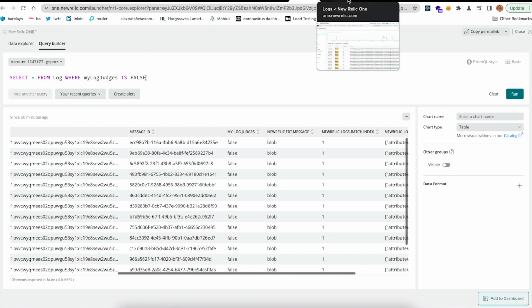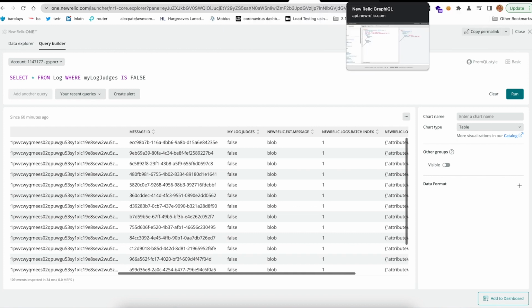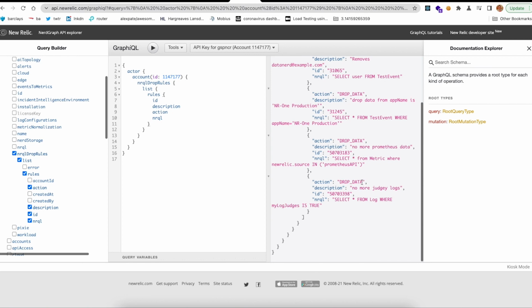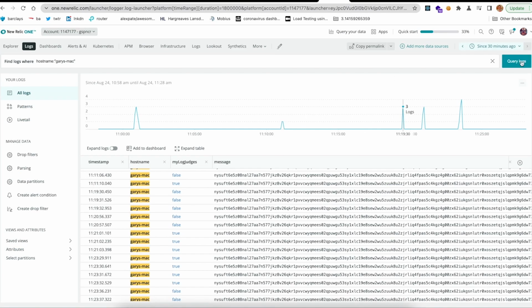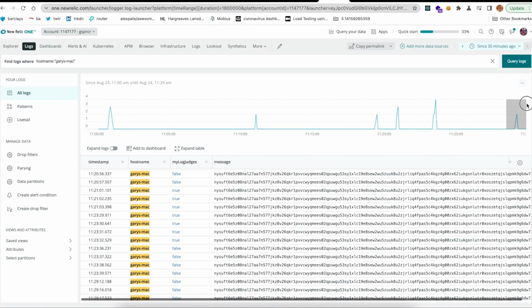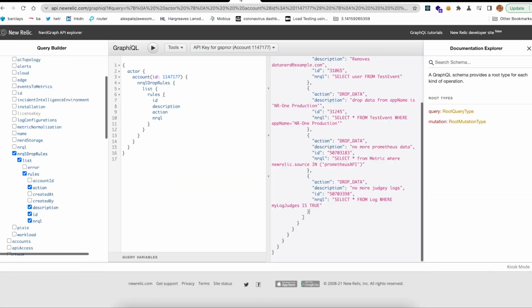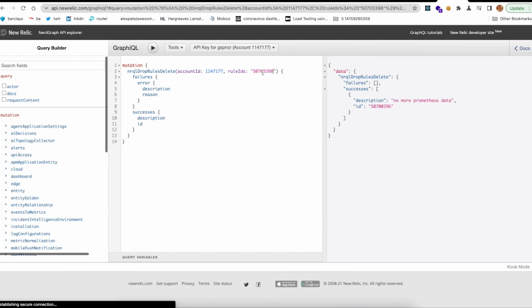So if I come in here and maybe if I want to remove one of my rules in place, all I have to do is have the rule ID. So if I open up logs and just check, so this was at 11:29 when I sent in those example ones, we can see that the mylogjudges true has not made it in, but the mylogjudges false has made it in, which is exactly what our rule was. So now if I take this rule ID for no more judgy logs, and if I delete that data drop rule,